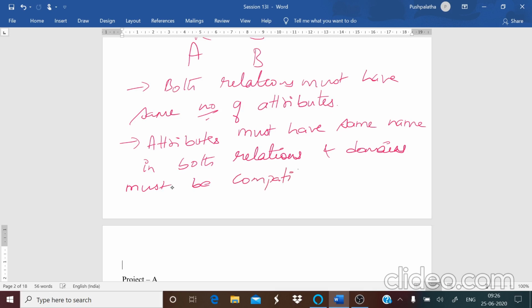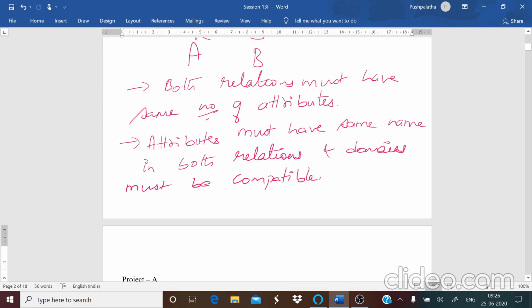Now you already know what you mean by a domain and what you mean by an attribute. The column heading is known as an attribute and all the values in that particular column are known as a domain. And you have to remember that duplicate tuples, that is, if two records have the same value, will be eliminated and will not be considered.